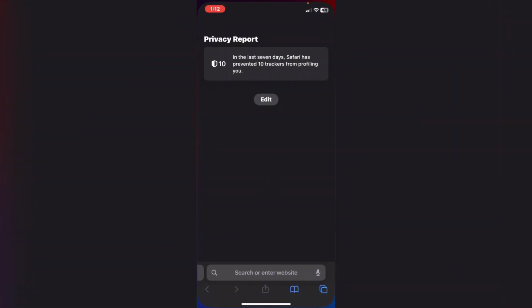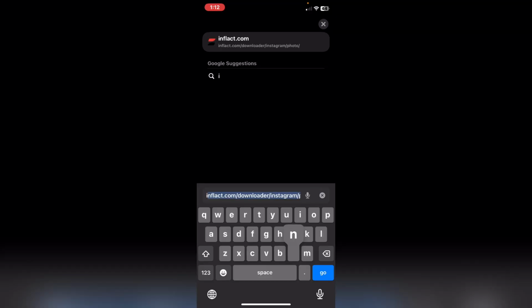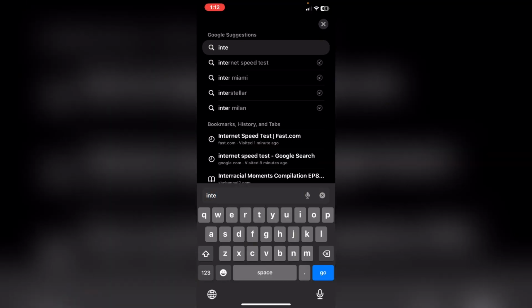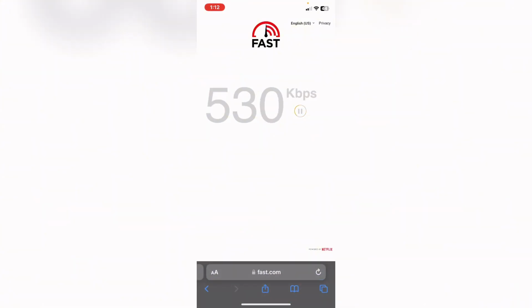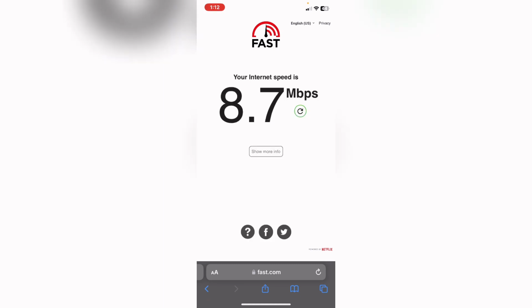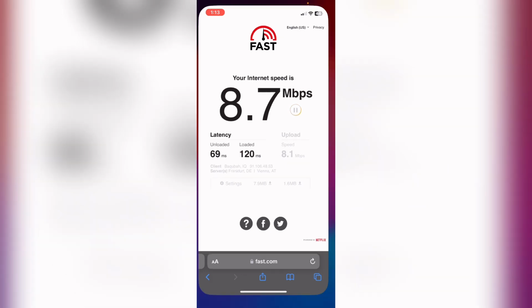Click out and open any browser and search for internet speed test, and tap on the second website, fast.com, and from here it's checking and testing our connection to Wi-Fi. And as you see, this is my internet speed. My internet speed is bad, to be honest with you, and you need to make sure you have a strong connection. This is the first solution, and the second solution is